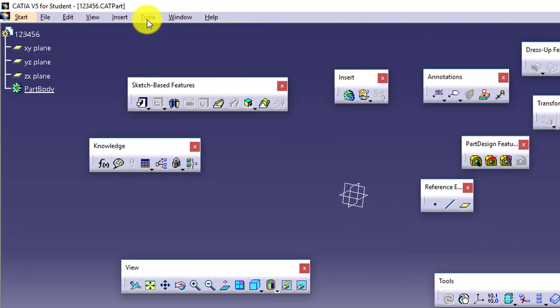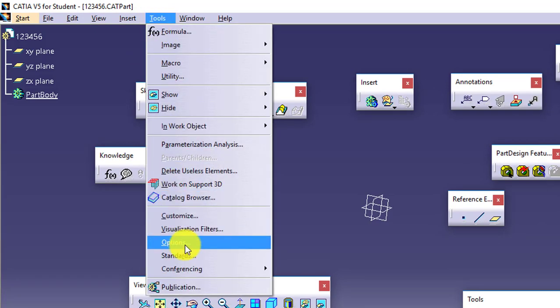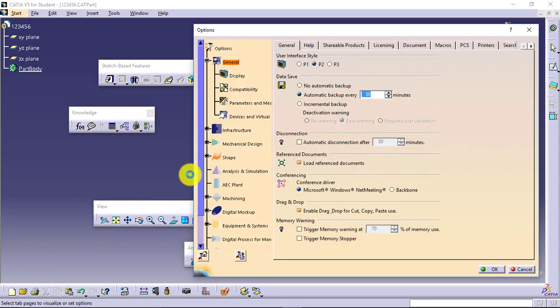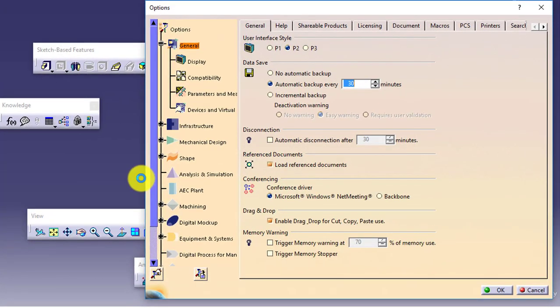The settings will be available in Tools, Options. This Tools, Options will give me almost 95% of the settings related to CATIA, and again I will say related to each and every environment of CATIA. If I have to change the size of planes, then I will open Tools, Options. Now I have the options dialog box available. In that options dialog box, I will go for Mechanical Design,